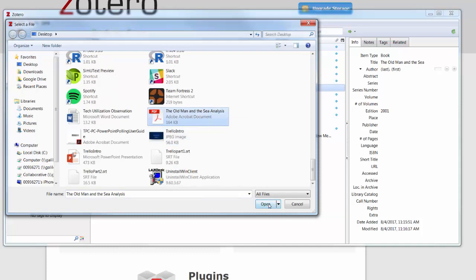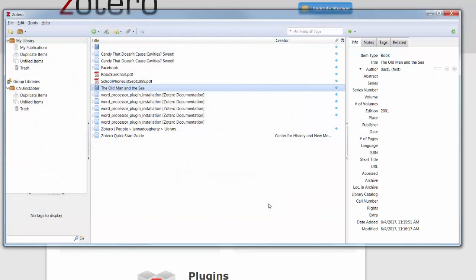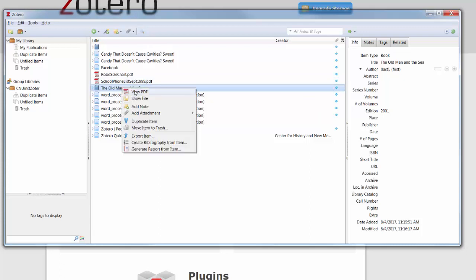Here's my copy. Click Open. And now the PDF is attached. As you can see now, we can verify that the attachment is present by the small blue dot shown on the right-hand side of this item. If I right-click this item, I can now view the attached file using the resulting menu related to that item.